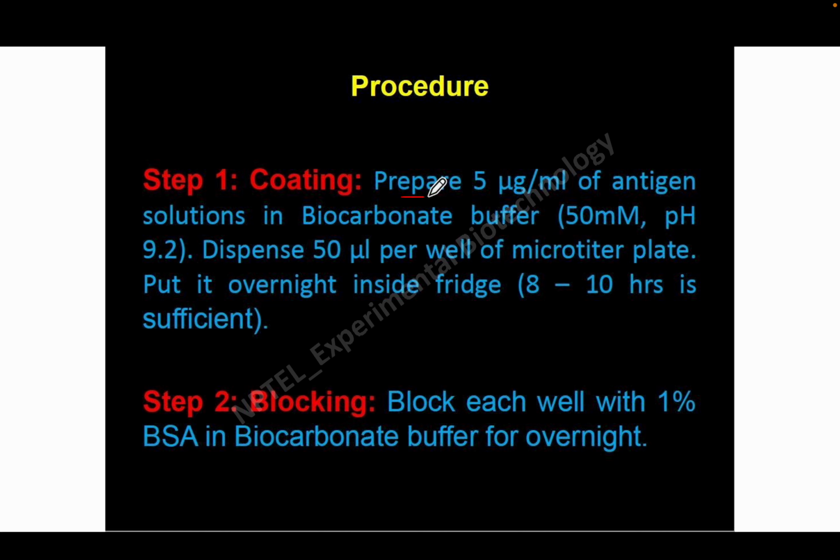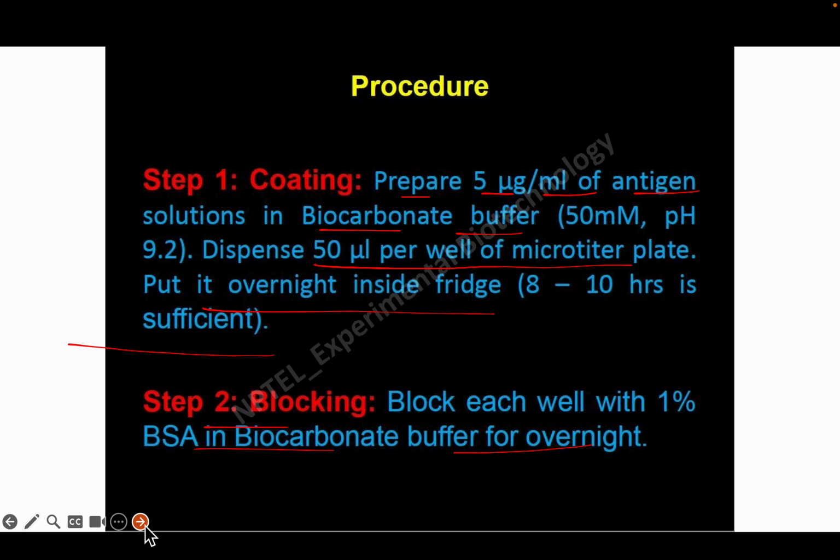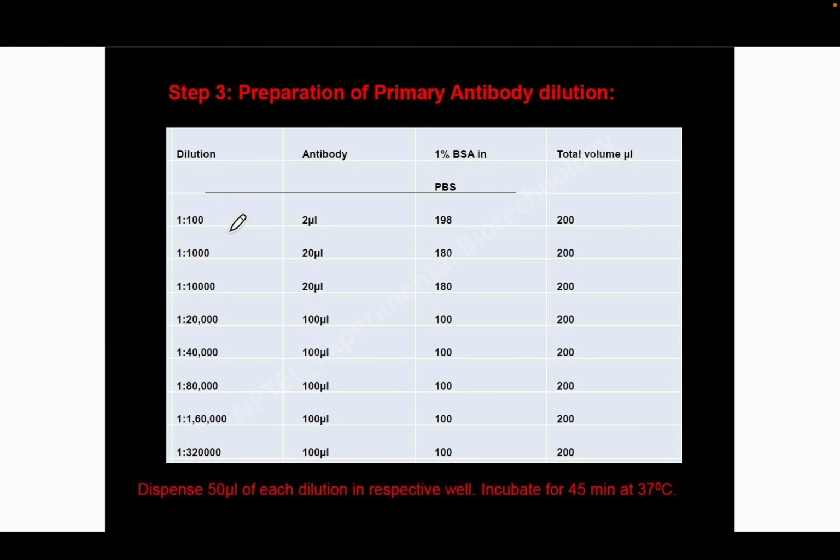So for coating, what you have to do is prepare 5 microgram per ml of antigen solution in a bicarbonate buffer and dispense 50 microliter per well and leave it overnight, so you get a coating. Block each well with 1% BSA in bicarbonate buffer overnight. Then you make different dilutions and add antibody and 1% BSA, so total volume is this, and